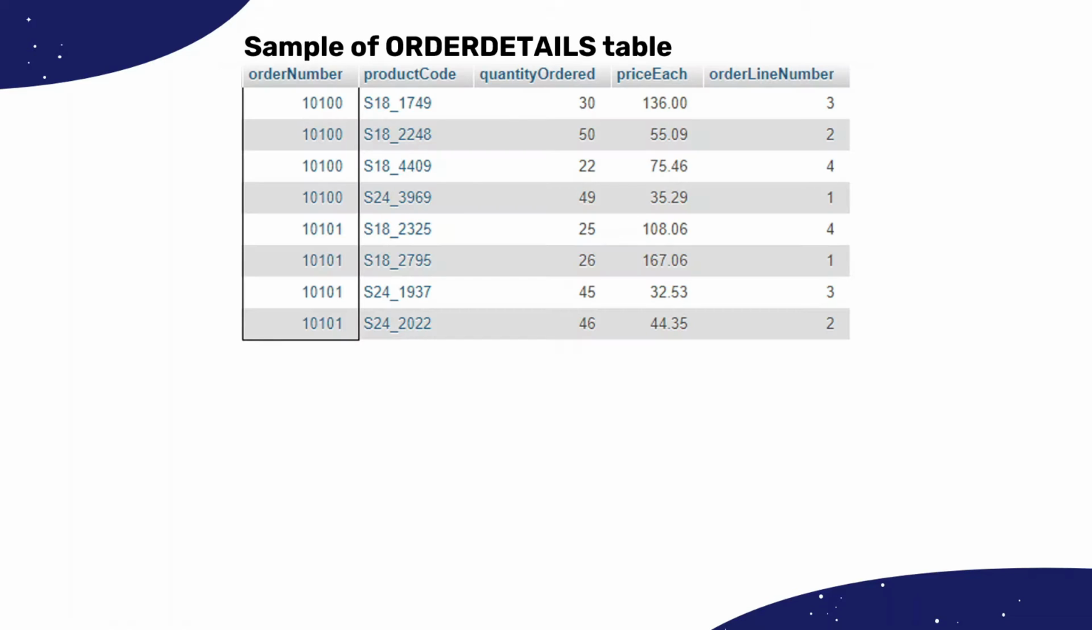Then we will discuss an example of using the sum function. For example, we have the order details table as shown in this image. The columns of the order details table are order number, product code, quantity ordered, price each, and order line number. Then if we want to get the total price from a certain order number, which is obtained from the sum